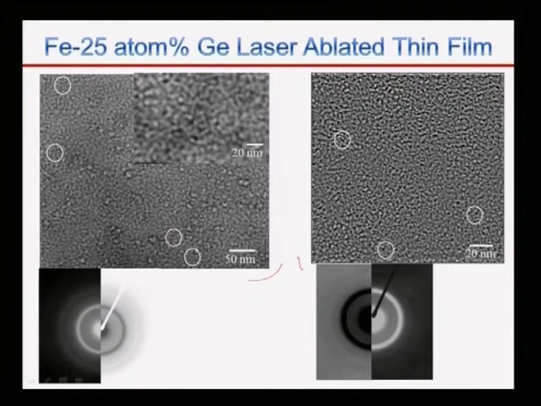As you can clearly see, we see clusters. You see this kind of well ordered clusters inside these thin films in the as deposited condition. Detailed conditions will be available in the literature, you can search, but that is not the issue. What you see here is this well ordered structure. They are not atoms, remember, they are clusters of atoms. That is very important to note. And if you do the diffraction analysis, you see broad rings, a signature of amorphous structure. That is what happens if you take any kind of alloy and start doing laser ablation; in most cases you start forming amorphous thin films.